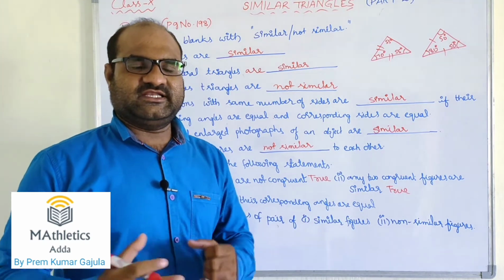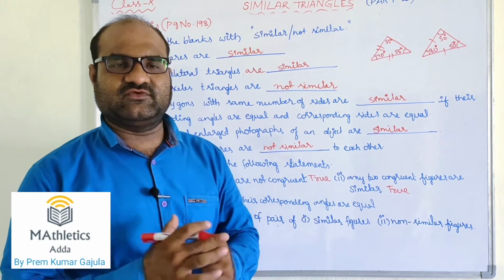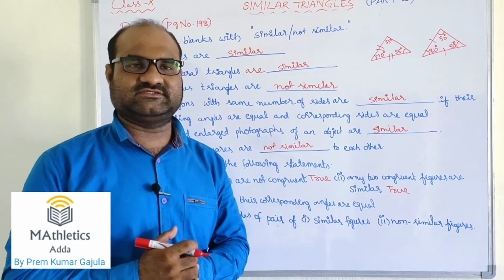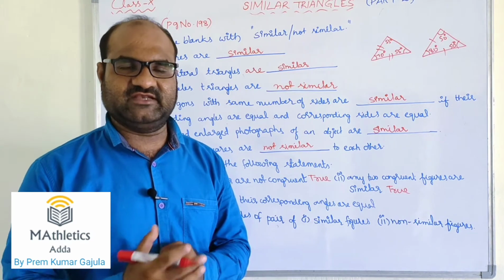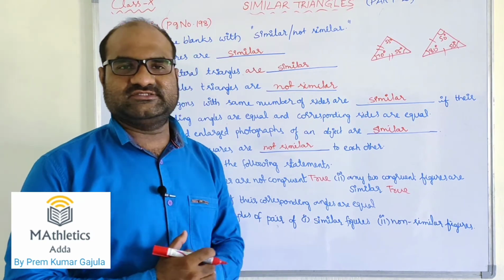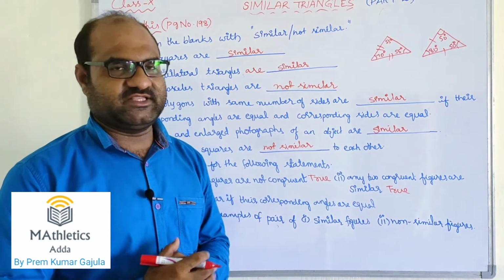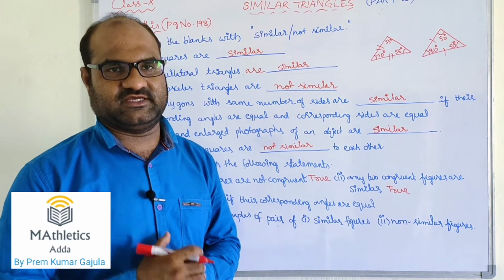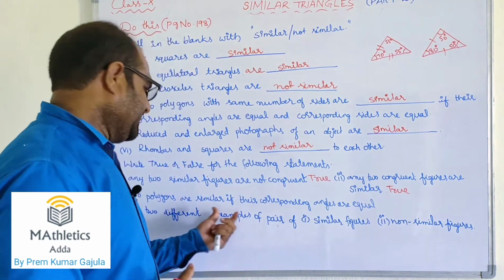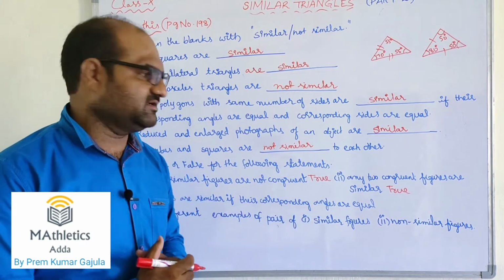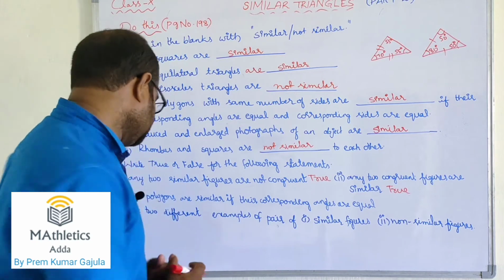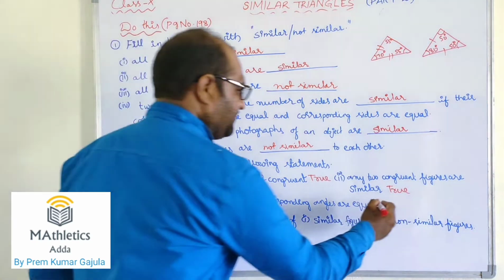And we know that it is applicable, it is true, in the case of only triangles. In equiangular triangles, if condition 1 is satisfied, then automatically condition 2 is also satisfied, and vice versa. But in other polygons, it doesn't hold like that. They are not independent in the case of other polygons. So here, as we have only one condition, that is corresponding angles are equal, we cannot say that they are similar. So here we can write false.